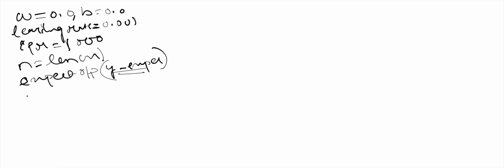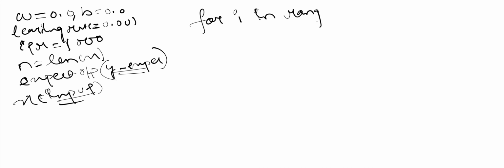We have n equals the length of x, and we have our expected output y, y expect. Then we have our input x. So this is how it works. I'm writing the code here: for i in range of iterations,